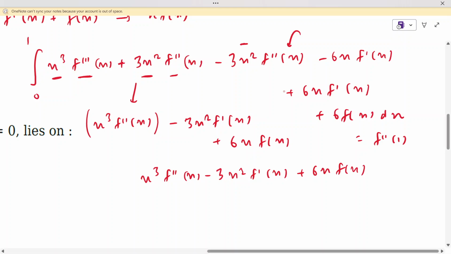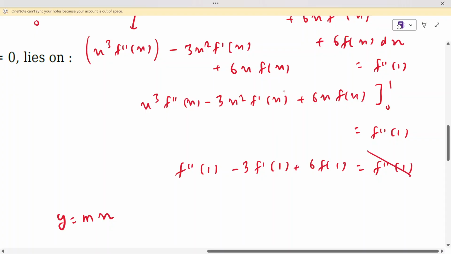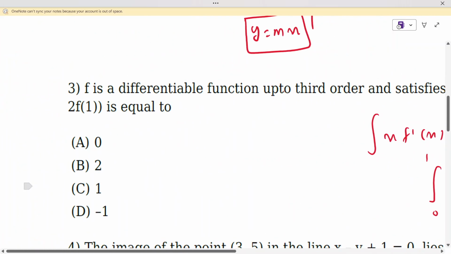Integrate from 0 to 1, and that is equal to what? That is equal to f double dash 1. So finally we are getting the f double dash 1, because at 0 all will become 0. So f double dash 1 minus 3 f dash 1 plus 6 f1, that is equal to f double dash. This one got cancelled. F dash 1 is equal to what? 2f. F dash 1 is 2f. Fine. F dash 1 is 2f1, and then